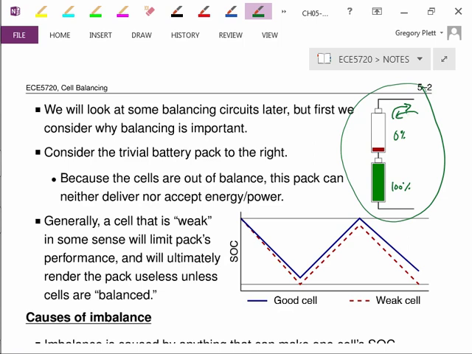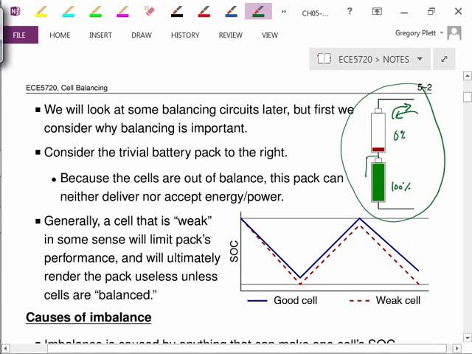So this is a battery pack that we would call out of balance. There's different definitions of balance, and we'll talk more about that. But at least for now, we could think of the state of charge of the cells not being the same as an indicator that this pack might be out of balance. And these cells have states of charge that are very, very different from each other, which is causing the pack to be useless. So to balance this pack, we would either